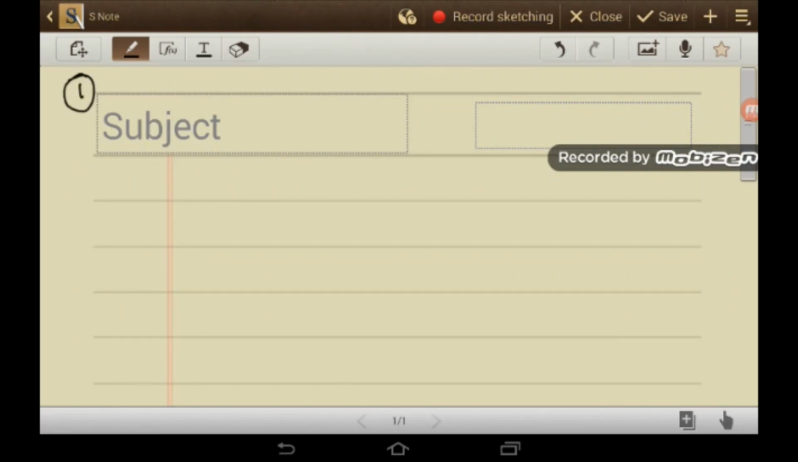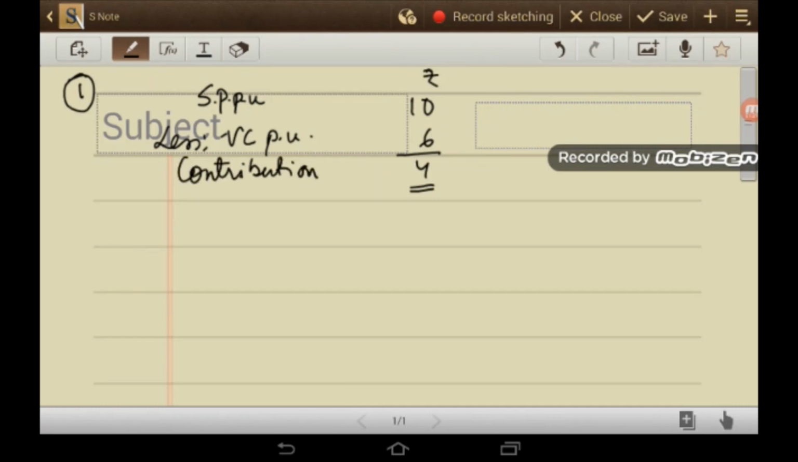So selling price per unit is given as rupees 10, less variable cost per unit rupees 6. So contribution per unit is equal to rupees 4. Given fixed cost per annum is rupees 24,000. To calculate BEP in units